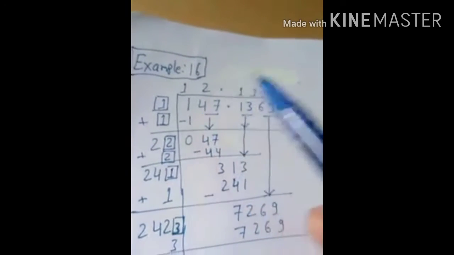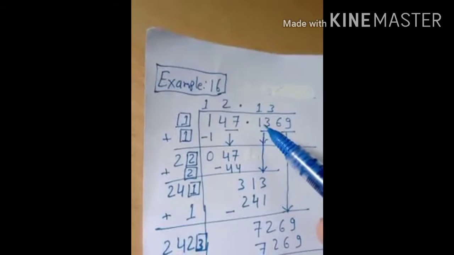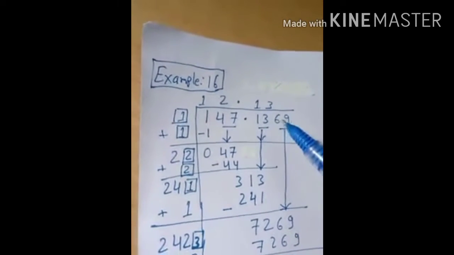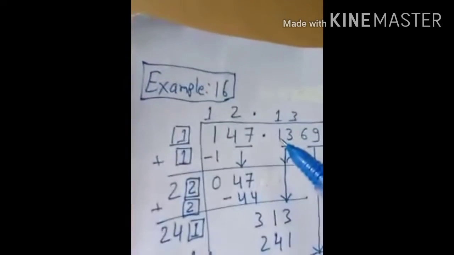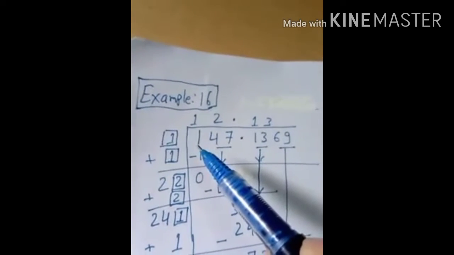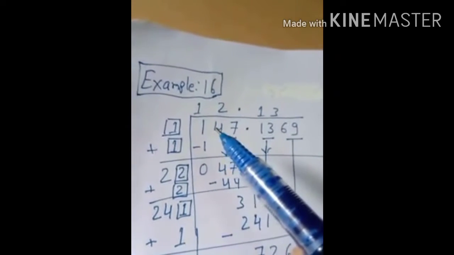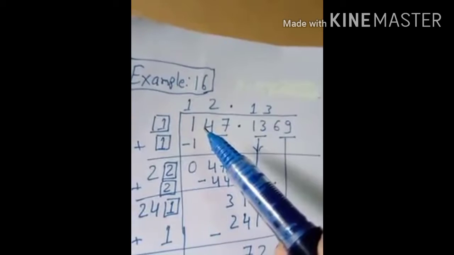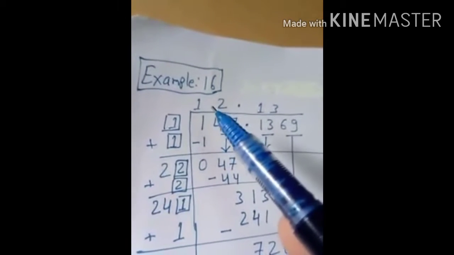1 is alone. On the decimal side we will make pairs immediately after the decimal place, meaning the first group will be 13, then the second group will be 69. We have to remember that groups should be made immediately from the decimal, on this side and this side. First of all, 1 is alone, so we will solve for 1. As per the square root method, this continued division method, we have to find the answer for 1. 1 multiplied by 1 gives 1. So the first answer is 1.